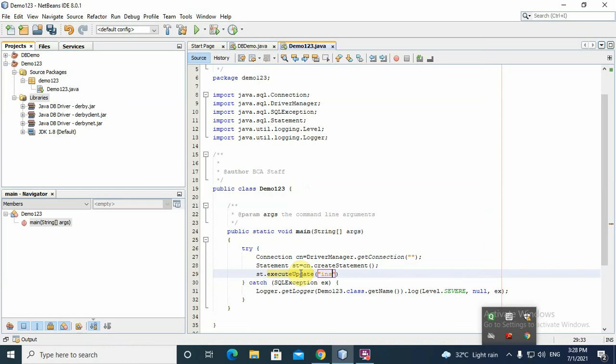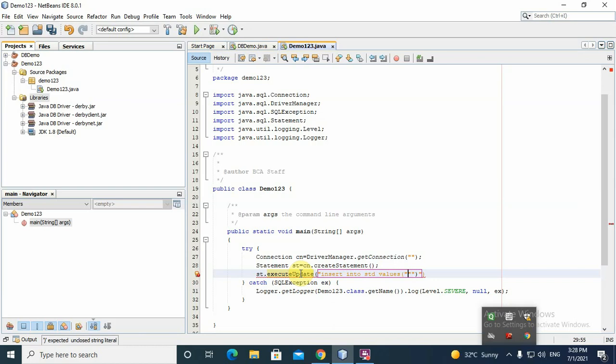For example, insert into table name. For example, here it is std, that is a student table. Then values, within the bracket, here we are passing some values.